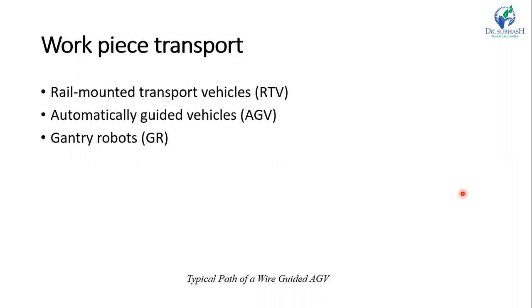The AGV, on the other hand, do not require any rail and transport even over non-linear routes and are widely employed. So most of these unmanned industrial trucks are inductively controlled and consequently move at lower speed than RTV. So several AGV may be used in the FMS to cover all the routes. Then gantry robots, which are essentially mobile, may be used to load the workpieces directly onto the machines from the pallets which store